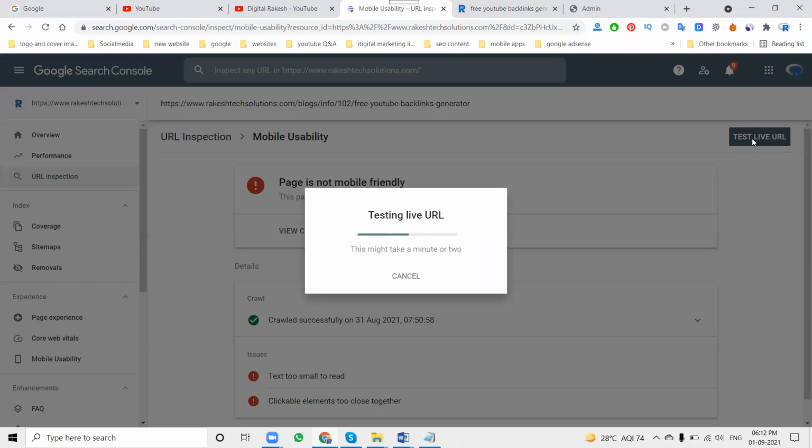That is not the only task. Your text is also compulsory and most important. It will be affected if users can't wait more time on your particular website. So your text and clickable elements should be very clear and understandable to users. Once you rectify your website, after finishing this, click Test Live URL. However many pages you have, every page you can change and update for the mobile usability issues.